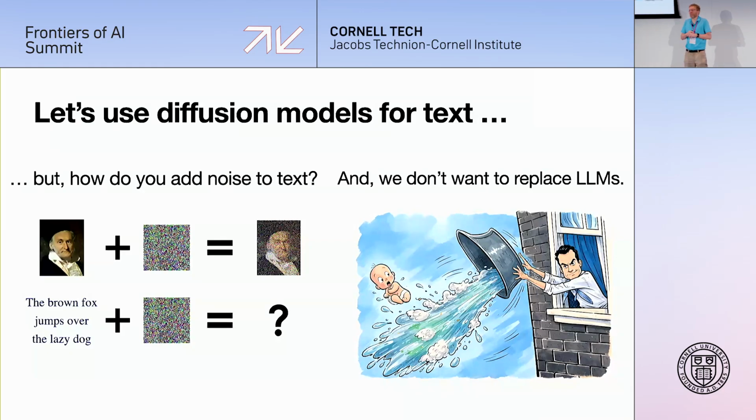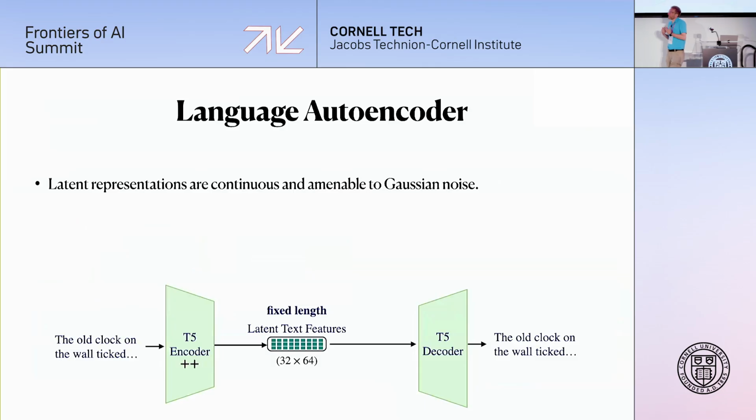But I don't want to reinvent language models completely. A lot of money has gone into training these language models. So a lot of effort. So, we don't want to throw out the baby with the bathwater. By the way, I just want to point out, I'm very proud of this image because it was very hard. GPT-5 refused to generate an image of a baby being thrown out of a window. And the trick is we do it in a